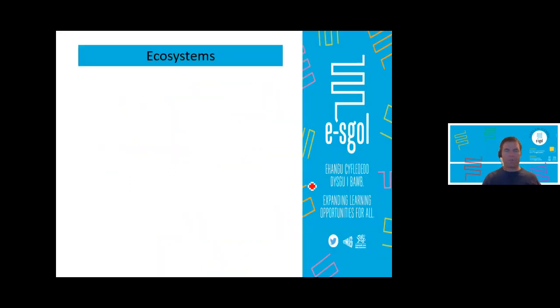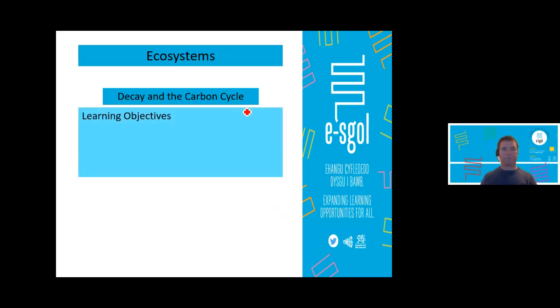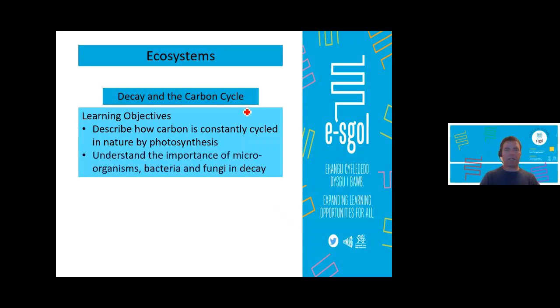Okay, let's go on. Right, so let's see if we can get through decay. And that should give, if I can get through the decay, we can move on to the carbon cycle and nitrogen cycle, and some intensive farming and some bioaccumulation that's also present, an algal bloom, which is in this topic on ecosystems that we'll cover next time. So decay. Well, the learning objective here is about how carbon is cycled and understand the importance of microorganisms, bacteria and fungi in decay.